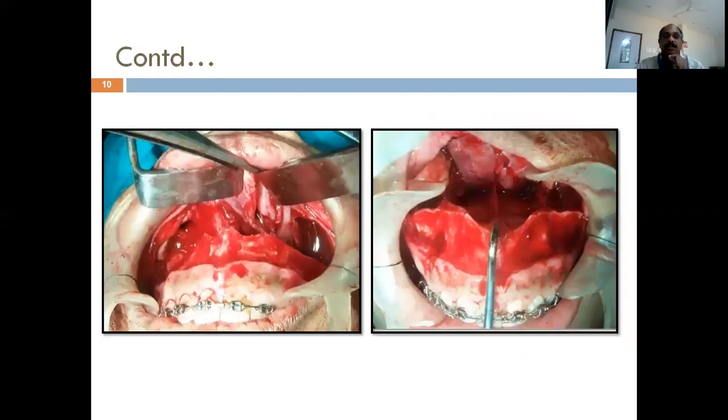So can you see here, we can see the down fractured maxillary segment, and the second picture. Usually, I told you there's the greater palatine vessel posteriorly. We have to be careful not to damage the structure, but sometimes we come across bleeding along with the fractured segment. If there's bleeding, we can always try to cauterize it also. But always, as I told you, do not damage the vascular structures, because compromised blood supply should not be a hindrance to your surgery.